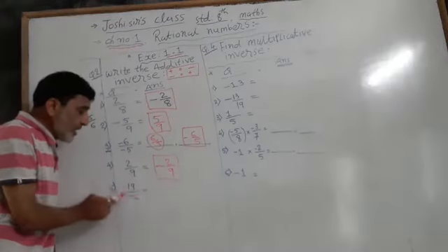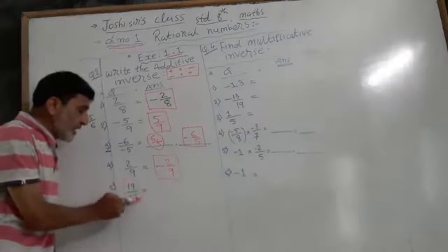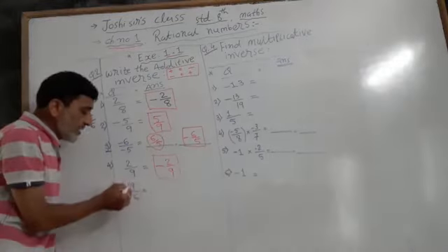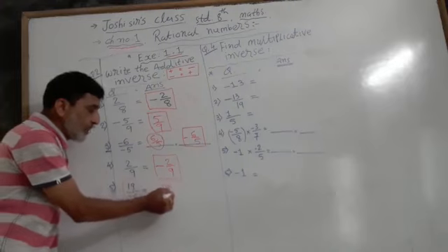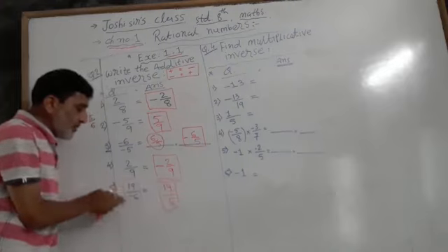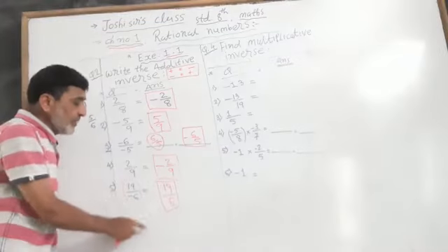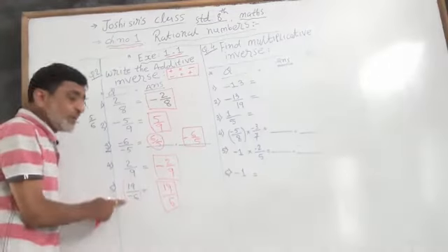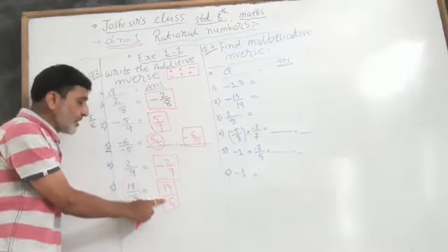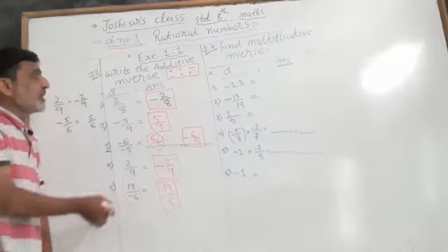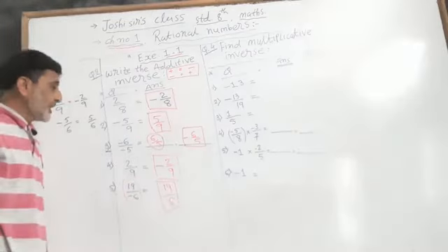See here, the given number is negative, minus. So we will write here plus. So the answer is 19 upon 6. Okay? If the given number is minus, then we will write here plus. And if the given number is plus, then we will write here minus. And the number will be the same. Okay? Now see again. If you have any problem, tell me.